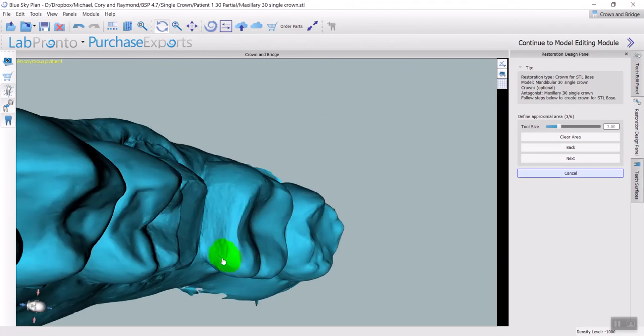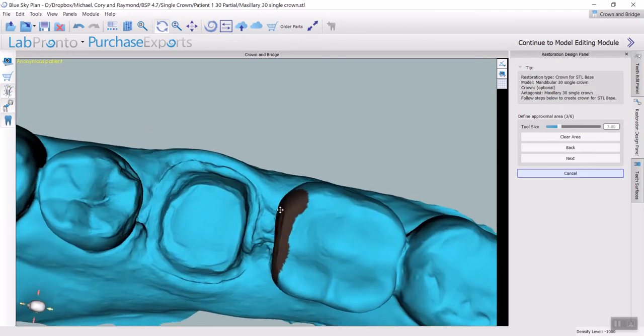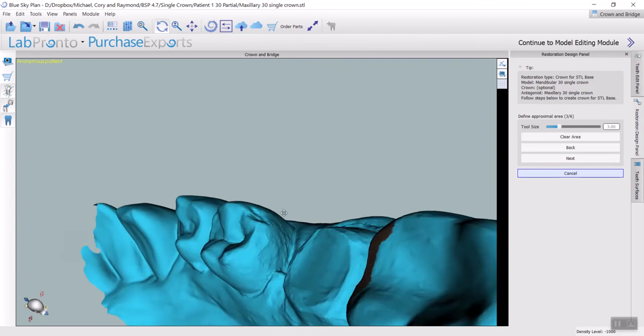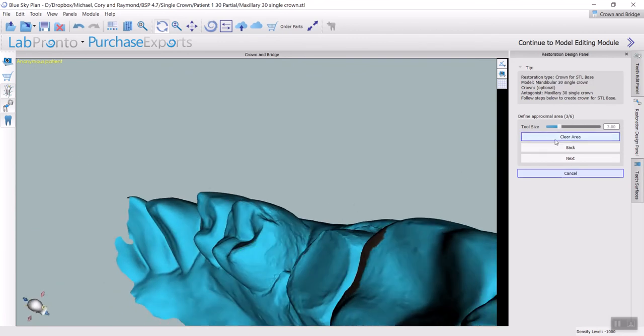Okay, so what we need to do is hold shift and then with the left mouse button, click and drag it. So you hold it in order for you to mark the interproximal surfaces. So as you can see, we have a bar here. We have a sliding bar which will increase the diameter of marking area, as well as if we hold the shift button and we scroll back or forth the mouse wheel, it will allow us to increase or decrease